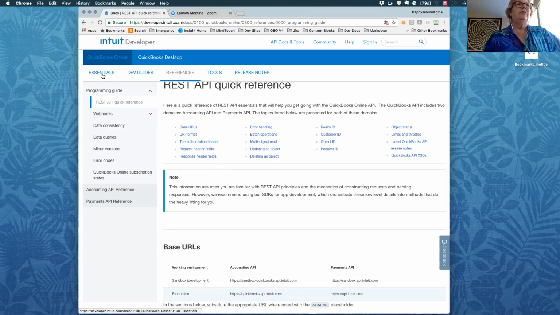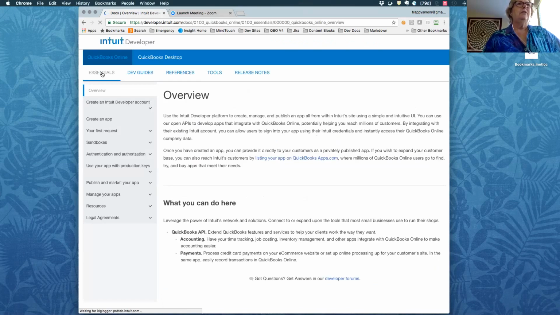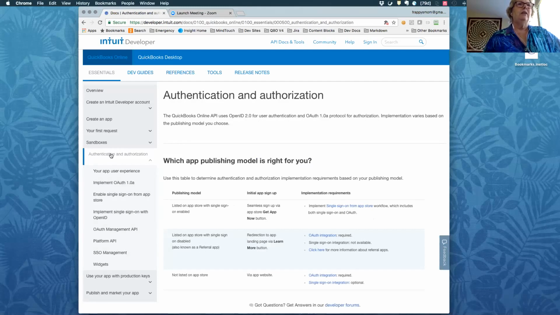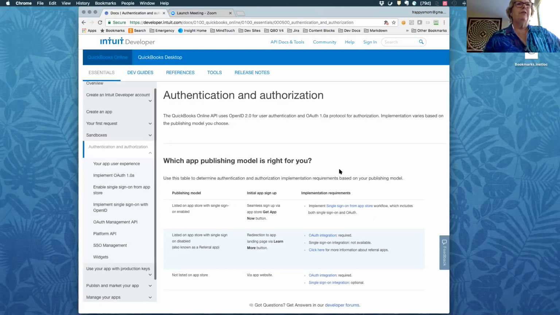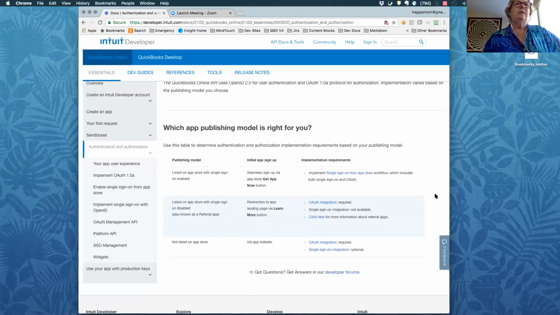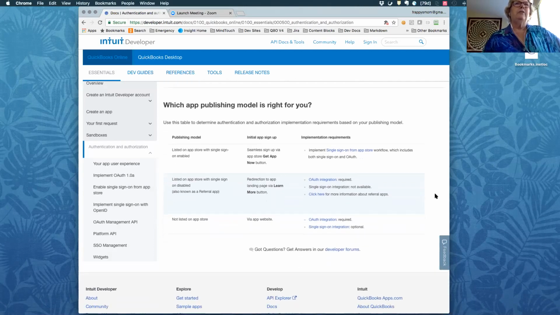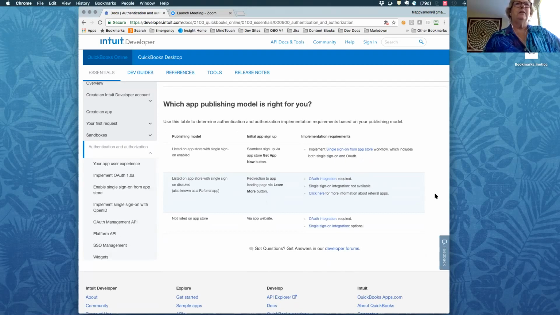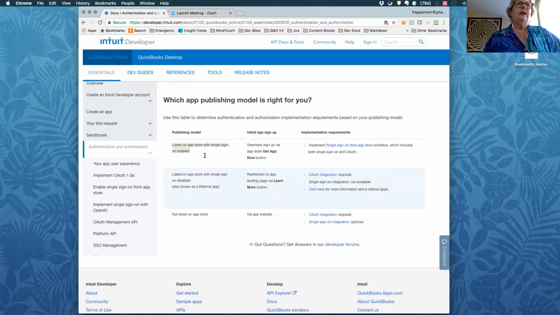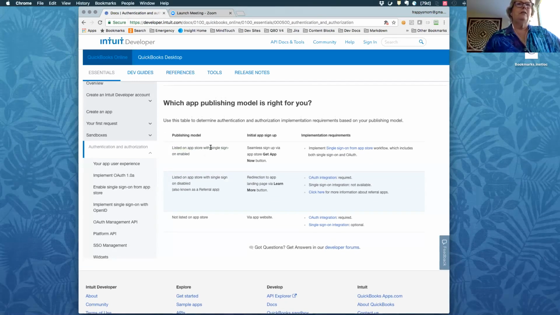The other thing I wanted to showcase was over in the essentials and using OAuth. And figuring out what workflows a developer needs to use based on what publishing model he has chosen. And this is hoped to fill in some gaps to make it easier for the developer to know exactly what he needs to do. With 3 choices here of a publishing model, listing on the App Store with Intuit single sign-on enabled,